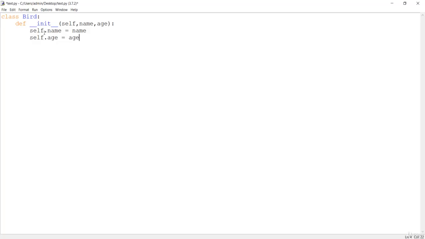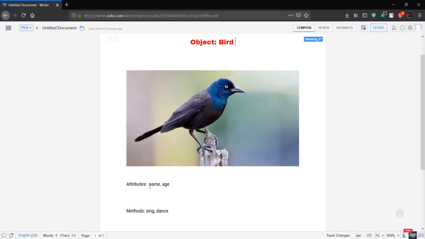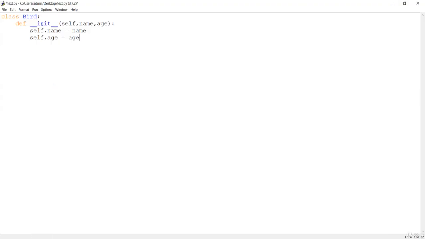If you remember, in the document I told you that this is the object, and it will have its own attributes, name and age. We are defining a constructor, that is the first method of this class Bird, with this init method, and this method has self. This self is bound to a particular object. Just remember, the first argument to any method of the class is going to be self. If you make any other method, let me say a new method called sing, then for any method, the first argument should be self.